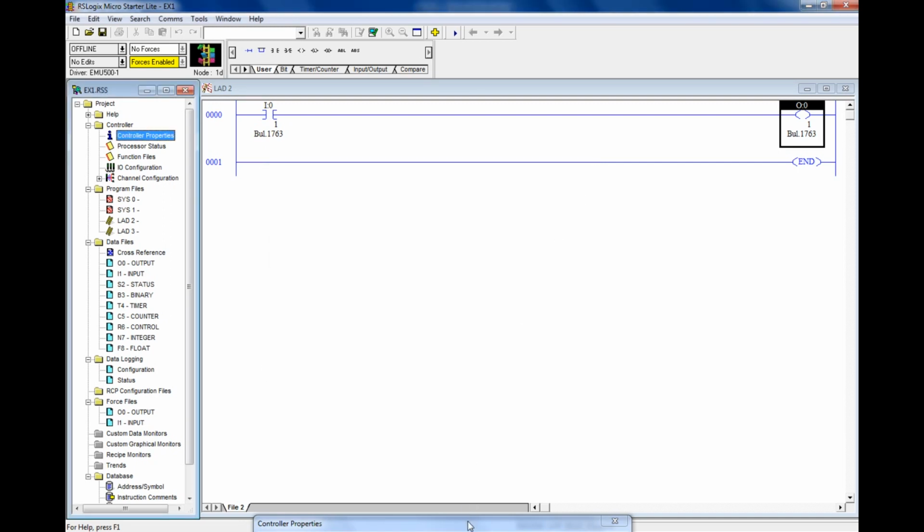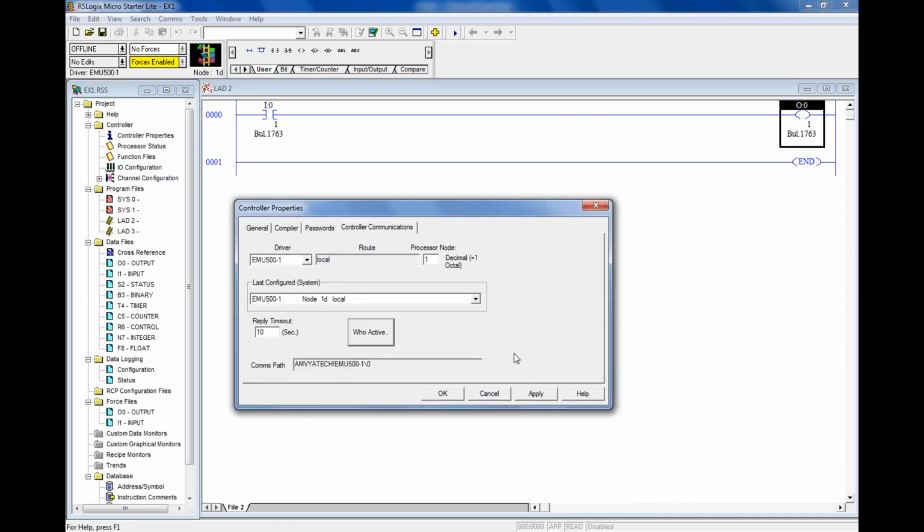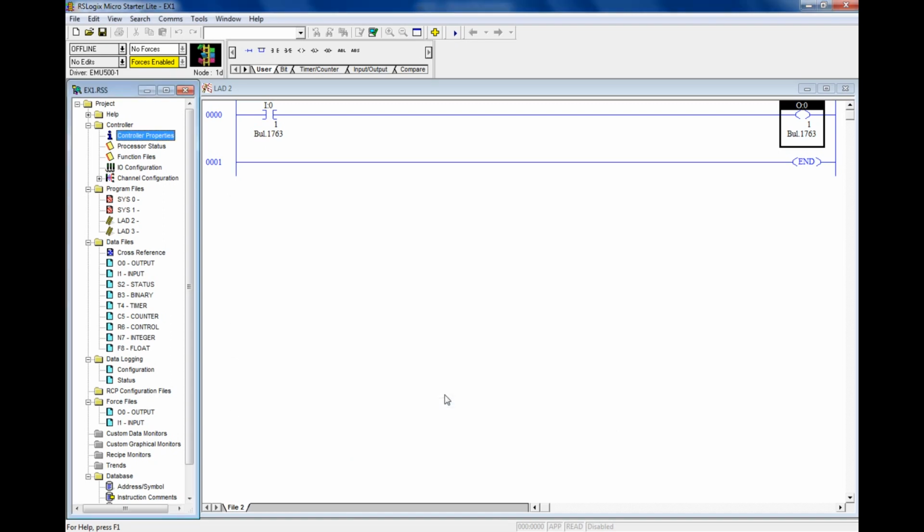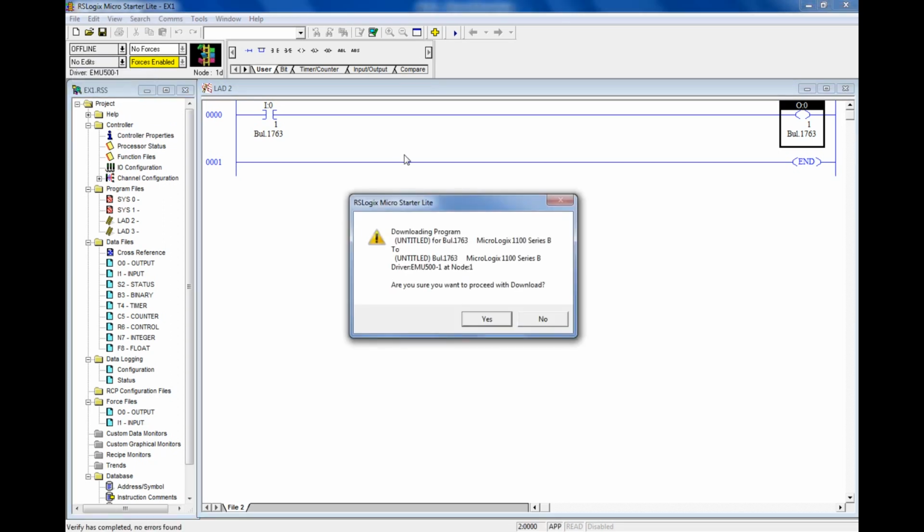Then go to your previous window, click Apply and click OK. Now go for download. First you have done the RSLinx setup, and since you are running your software for the first time, you need to do the setup we have seen before.